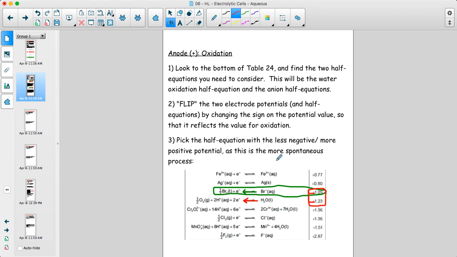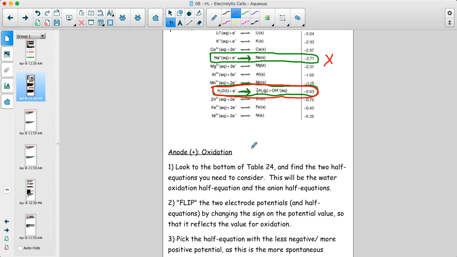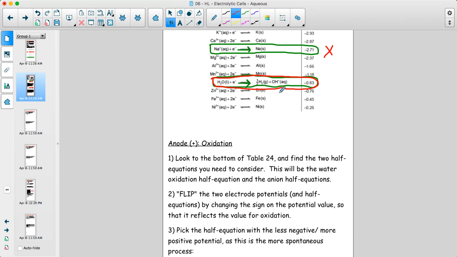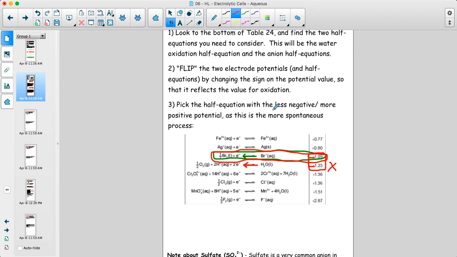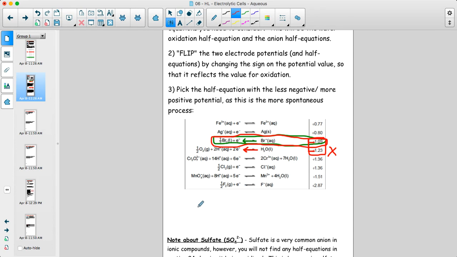So of these two half equations, the more spontaneous half equation is actually the bromine one, because negative 1.09 is not as negative as negative 1.23. So I'm not going to do the water one in this case. I'm going to do this one. So the two half equations that are taking place in my aqueous electrolysis: water gaining electrons and turning into hydrogen gas and hydroxide ions. And at the positive electrode, we would have the bromide ions giving away electrons